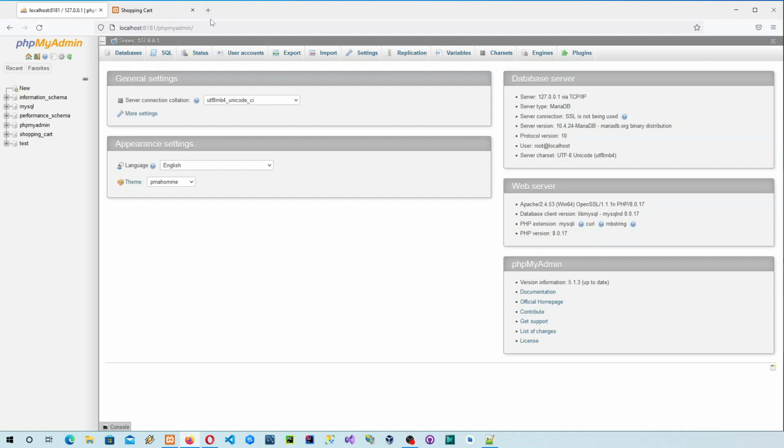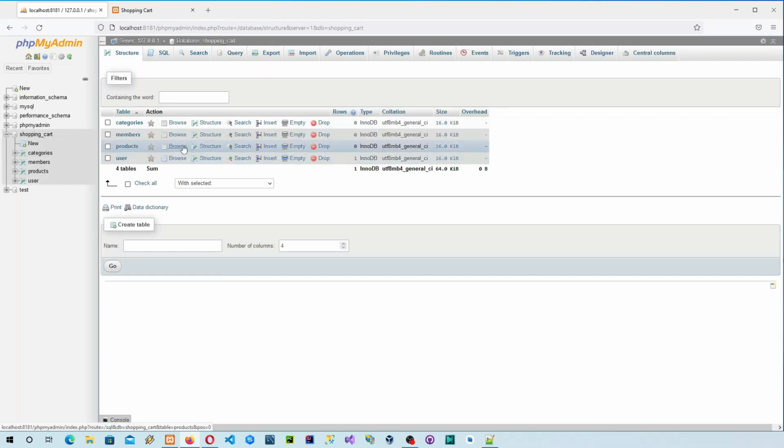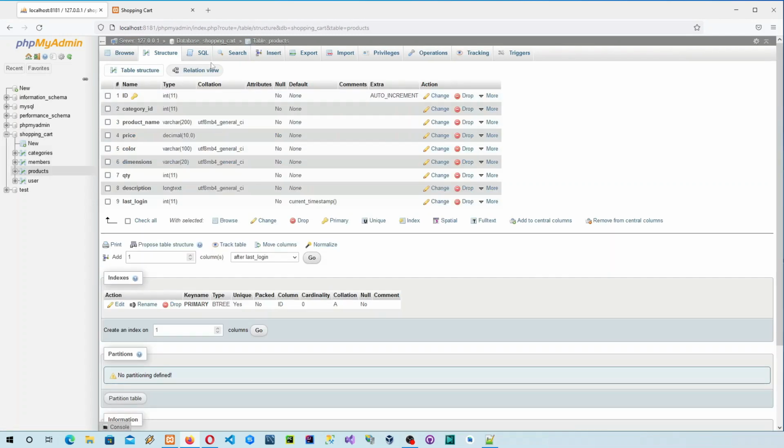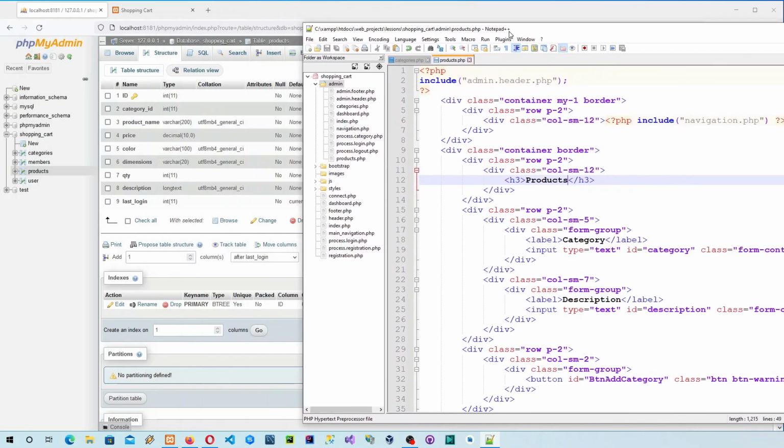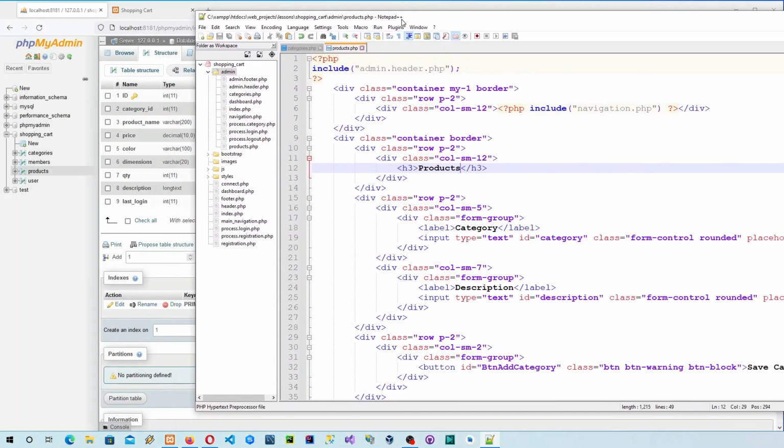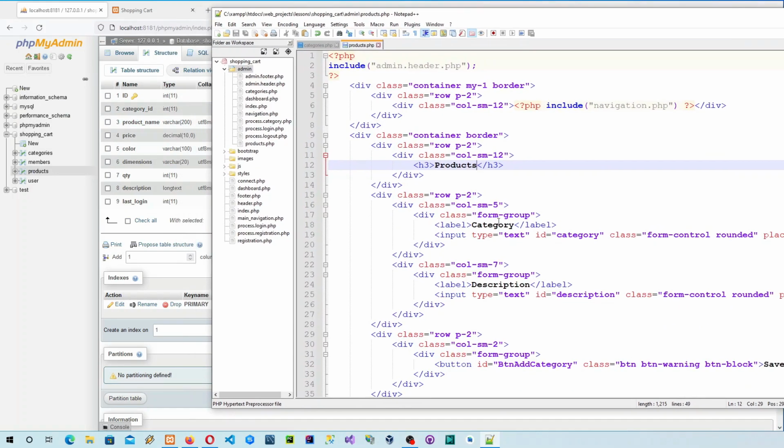As you can see, I've already opened my phpMyAdmin. Then I'm going to open my shopping cart. Then I'll be looking at the structure of my products table. What I need to do is look for the different fields of my product. So for this one, I'm going to call this my category. So in order for me to control the fields of my category, I'm going to use,